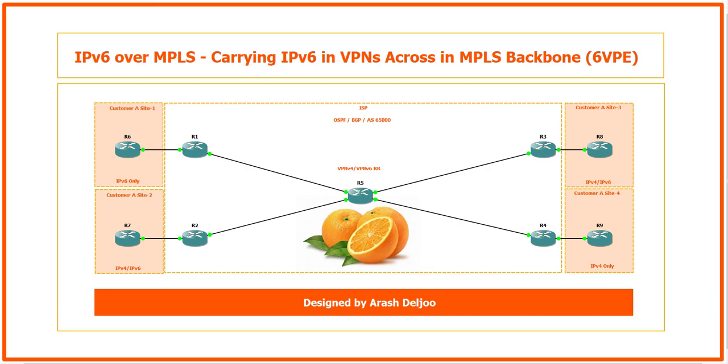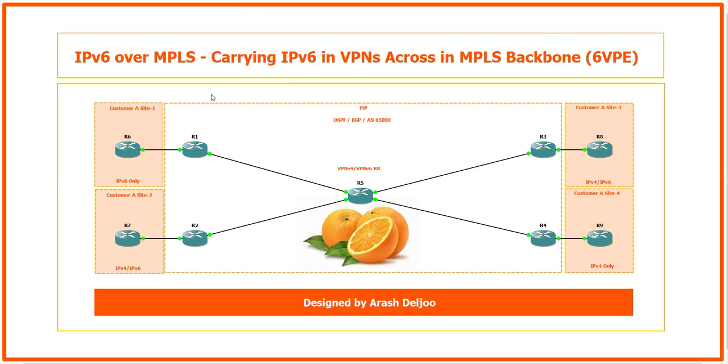IPv6 over MPLS. In this video, I am going to talk about again how we can transport IPv6 networks over an IPv4-only service provider when we are running MPLS in the service provider. We can use the next method after learning about tunneling. In the previous video, the next method's name is